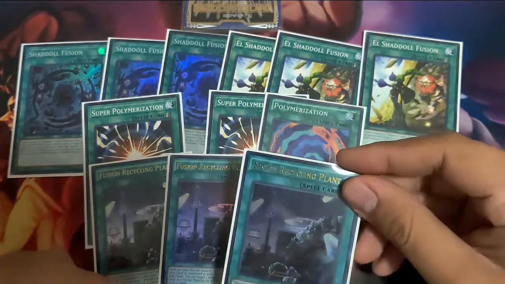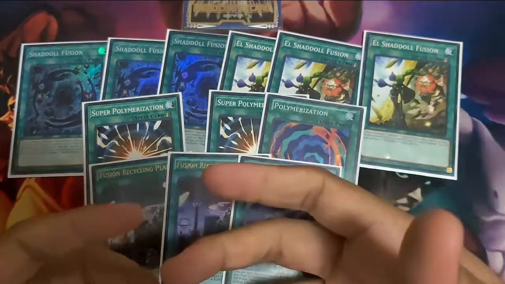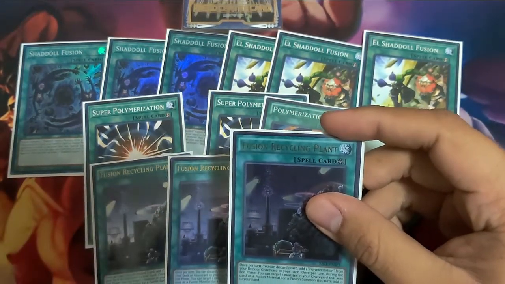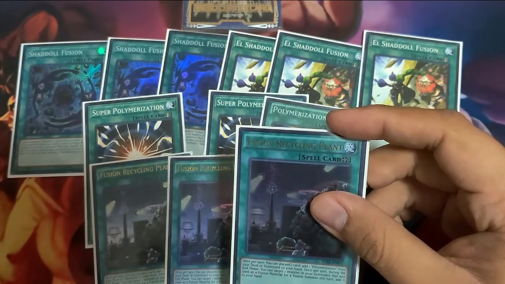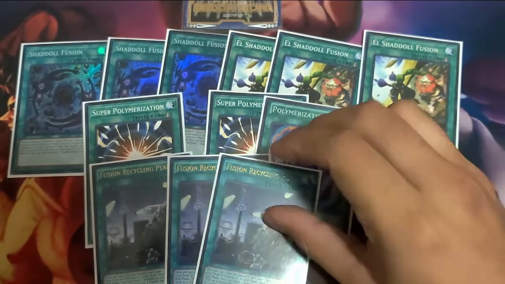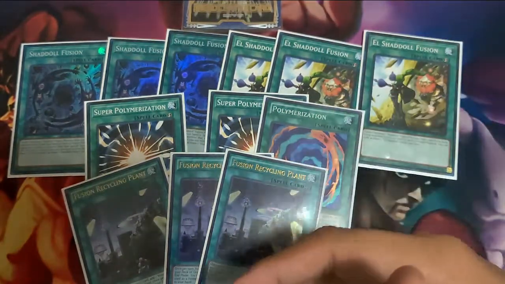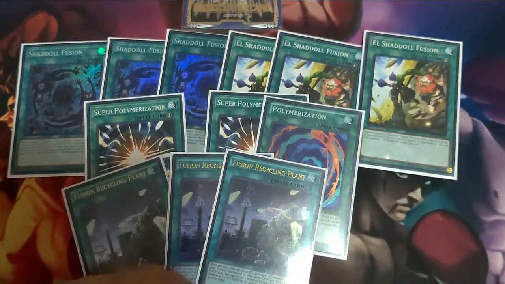But Fusion Recycling Plant has been such a clutch card for me, just because there's a lot of times where I'll be using a lot of resources, and like I said, recycling is a huge deal for me. Its second effect is once per turn during your end phase, you can target 1 monster in your graveyard that was used as a fusion material for a fusion summon this turn, and add it to your hand, which means you can add Wendy back to your hand. You can add the Hedgehog, the Squamata that you used to summon your bigger monsters. Especially for a card like